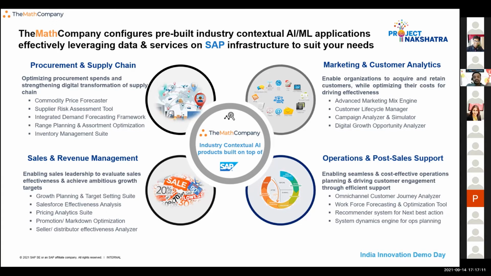Right. So apart from the supply chain work, what we also do is in the space of sales and marketing. In the space of sales and marketing, we do a lot of growth planning related work, where we build out specific products which help in figuring out the right targets that you want to set for your specific categories or specific markets which you want to go after, and help you achieve them through solutions such as pricing, promotions, and assortment suite, which will help you invest in the right places to get the